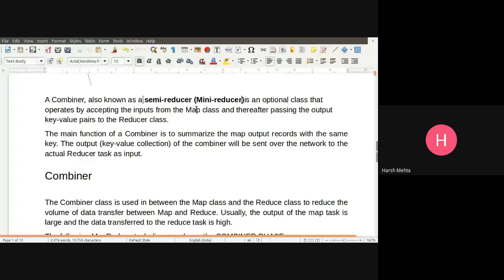What is the task of the reducer? Based on the logic, it combines the output. That is the task of the reducer. So what is the task of this combiner? Now we are going to see. It is an optional class that operates by accepting the input from the map class, and thereafter passing the output key-value pairs to the reducer class.